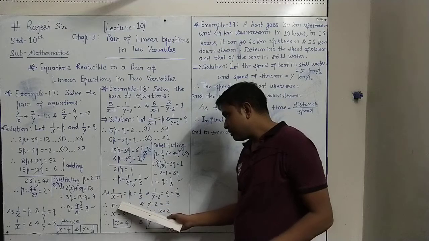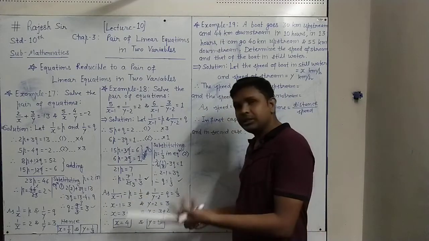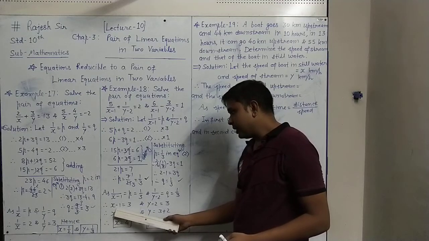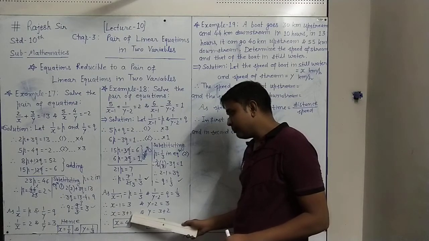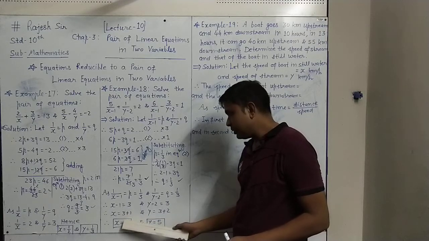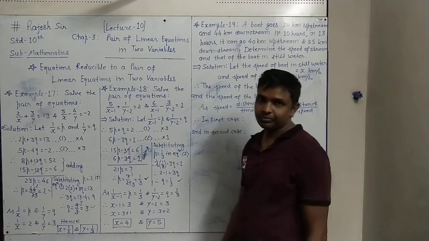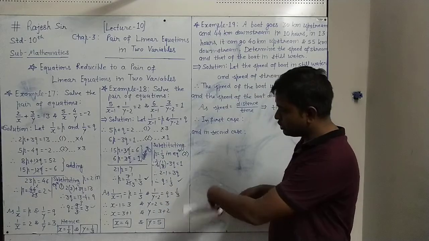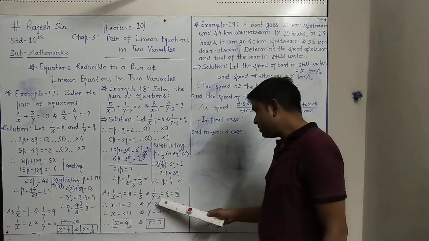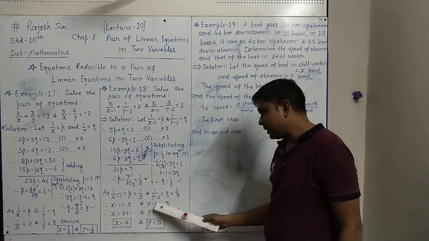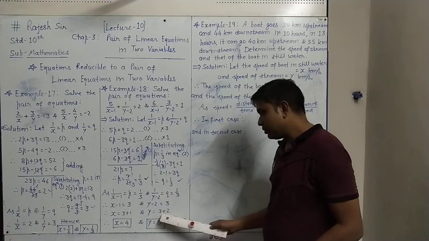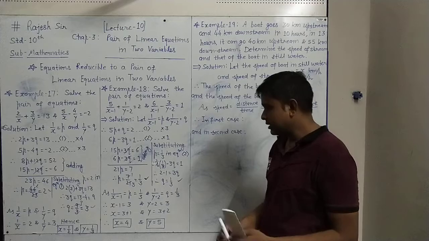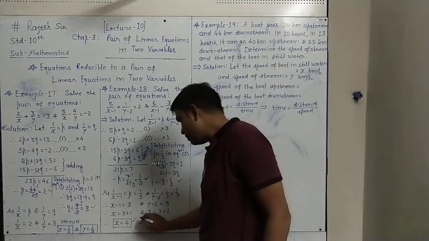If 1 upon x minus 1 equals 1 upon 3, then reversing both the sides, x minus 1 equals 3. If x minus 1 equals 3, this minus 1 on the right side will be plus 1. So 3 plus 1 equals x, x equals 4. In the similar way, 1 upon y minus 2 equals 1 upon 3, inverse on both the sides. So y minus 2 equals 3. This minus 2 is taken on the right, so plus 2. So 3 plus 2 is 5. So y equals 5. This way we got x equals 4, y equals 5.